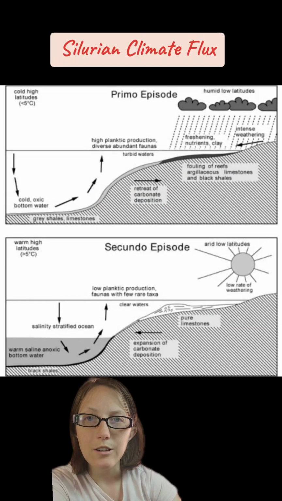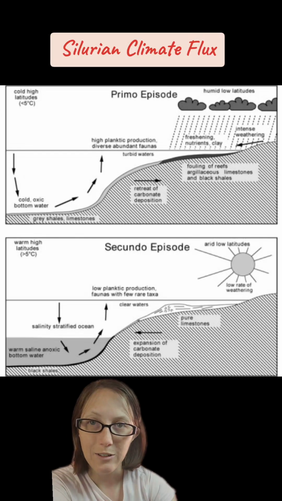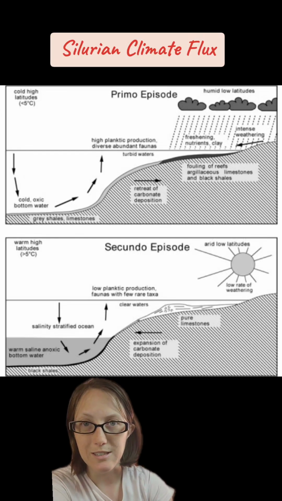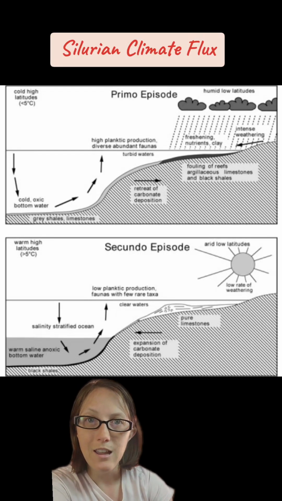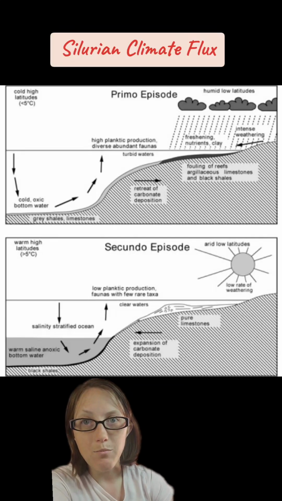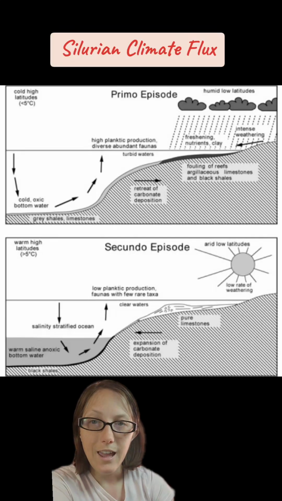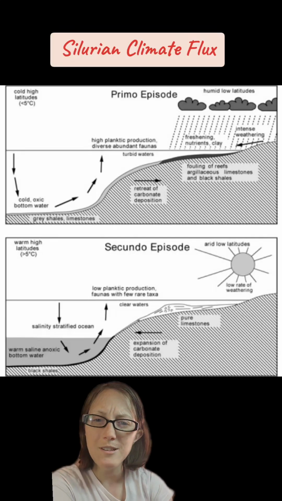In the late Silurian was the Lau event. The poor conodonts were hit again, losing 17 of the 23 species they had by the end. Graptolites were reduced by 70%, and brachiopods and bivalves experienced a large turnover. Again, this is associated with a substantial sea level drop. Are we sensing a pattern yet?